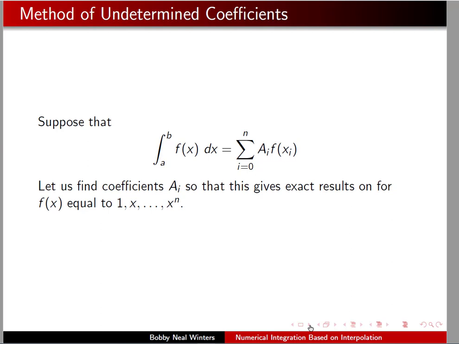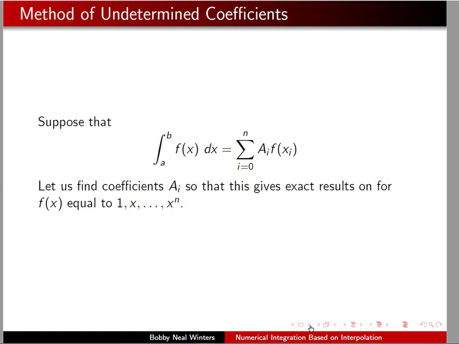So in general, what we have is that we can approximate the integral of a function by a linear combination of its values on partition points or knots within the interval. Okay, and so let's say it like this. Let's find these constants so that we get exact results on integral powers of x